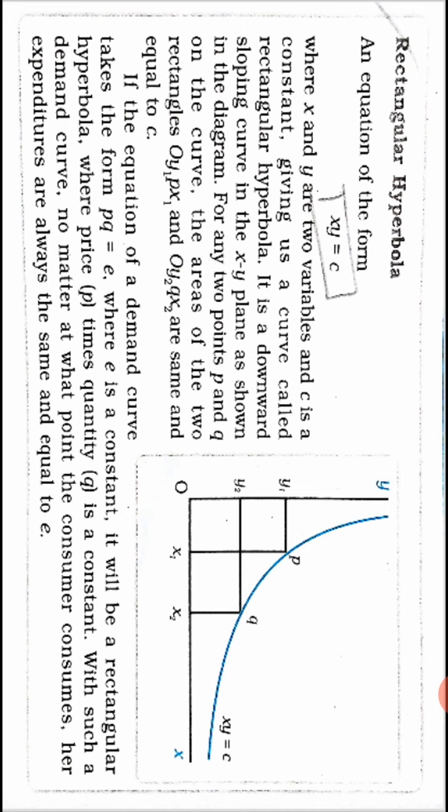I can give you the example of tomato. When the tomato price is 10 rupees, the price is low, and you buy 2 kg. When the price goes up to 50 rupees, you will buy only half a kg. That time it will be balanced, and the expenditure is going to be equal. That is what is explained in the rectangular hyperbola, xy = c.